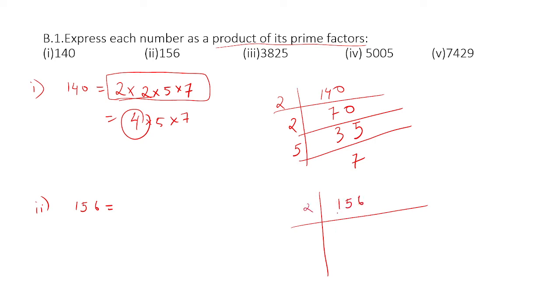So 2 into 7 gives you 14. So 2 into 8 gives you 16. Now 2 into 3 gives you 6. 2 into 9 gives you 18. Now 3 into 13. So the prime factorization of 156 is going to be 2 into 2 into 3 into